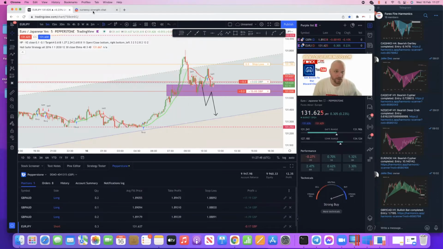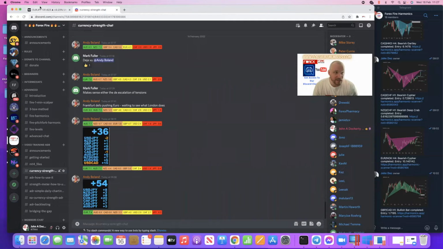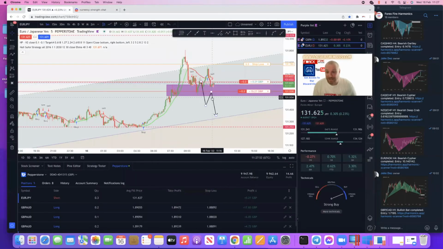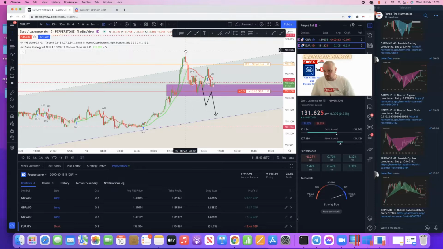There's been no further updates on the currency strength in here, to be honest. So I think I got into that a little bit too late, if that's the word to use, and it already had made its move, because by the time I got in, obviously it hit the stop loss from where I had,